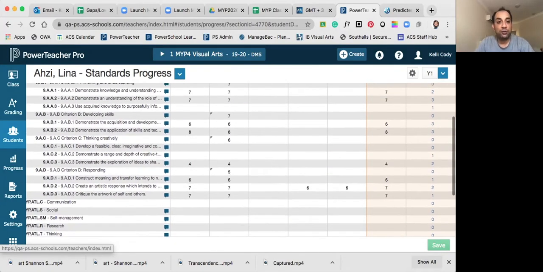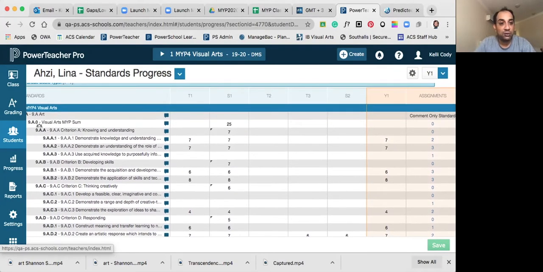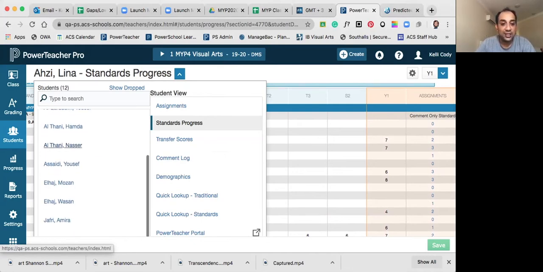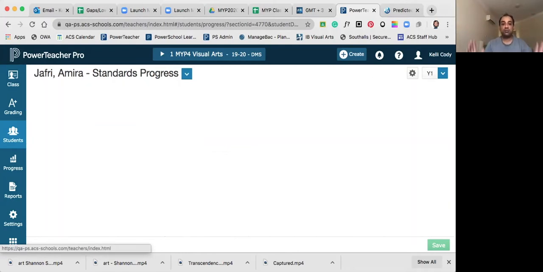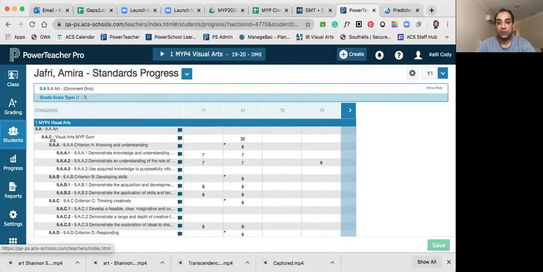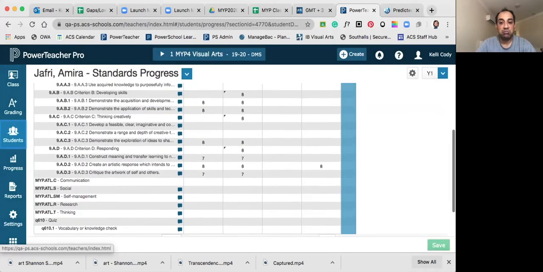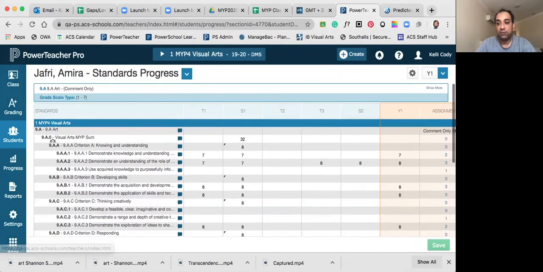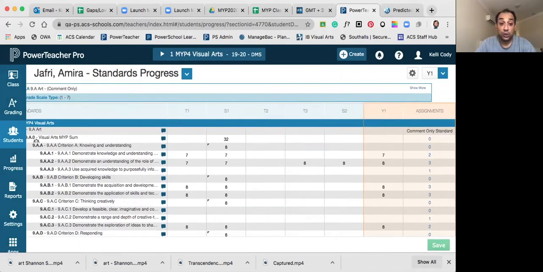Right now, if you see the drop down on the left top corner, you see Lena Ahzi in that, Miss Kelly, the one up here. You can switch it to another student. You can click on that and you can go to Rashid Al-Jaber or Isa or anyone in your class. And this will bring you that one page layout that gives you S1, S2, T1, T2, T3, and then you will have a bigger picture for that student. Here, you can also do the assessment.